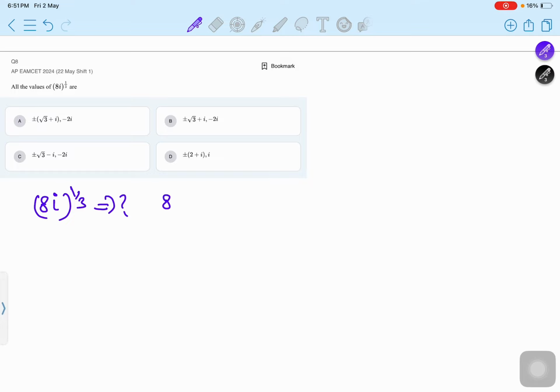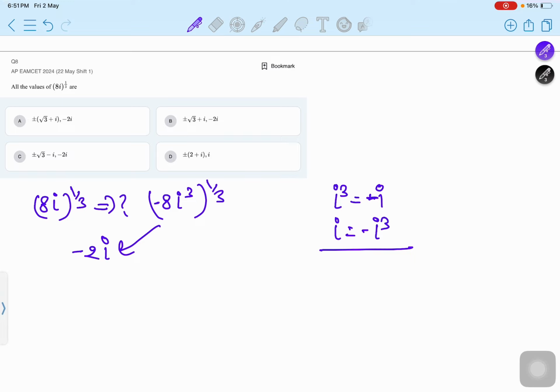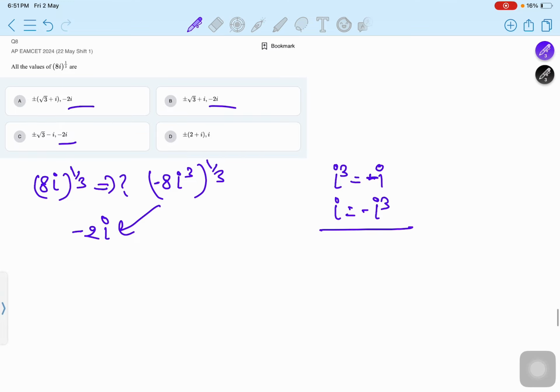8, and iota cubed is equal to minus iota, right? So that's why iota is replaced by minus iota. Okay, replace that with minus and also power 1 by 3. So convert to 2 iota minus. One option is maybe 1, 2, 3 is a match, 2 minus 2 iota, minus 2 iota, minus 2 iota, so the other option is convert to 2 iota, right? So that's why iota is equal to